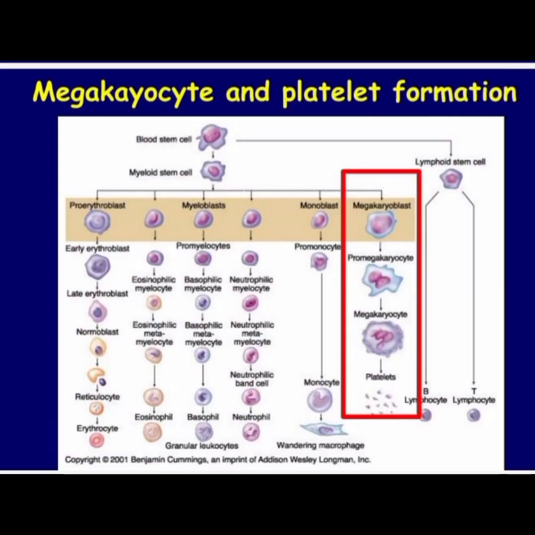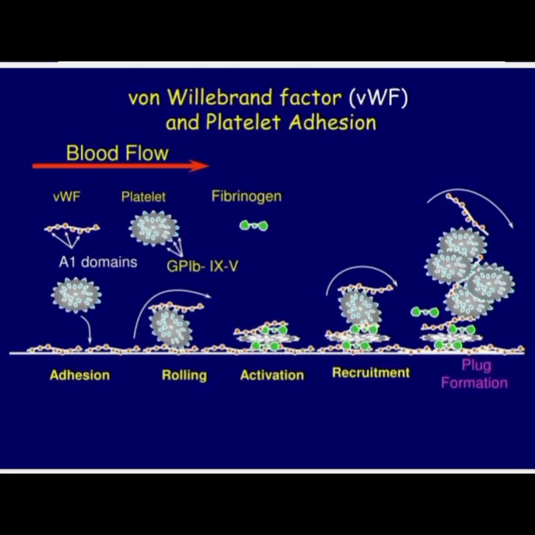From the blood stem cells, the myeloid cells are formed. From the myeloid cells, the megakaryoblast cells are formed. From that, the promegakaryocytes are formed. From that, megakaryocytes, and lastly the platelets are formed. Next,